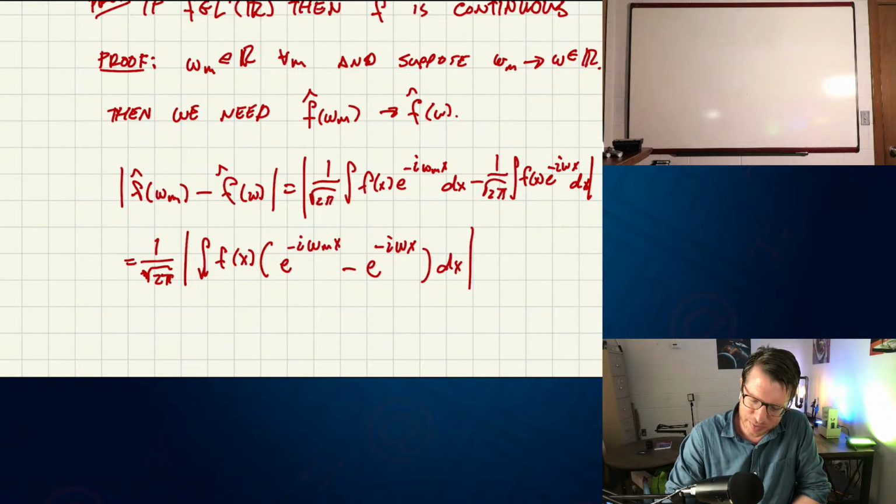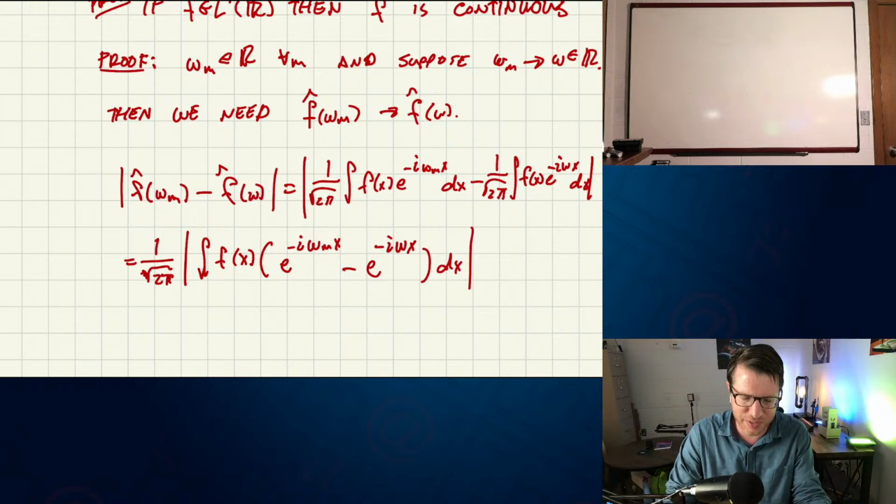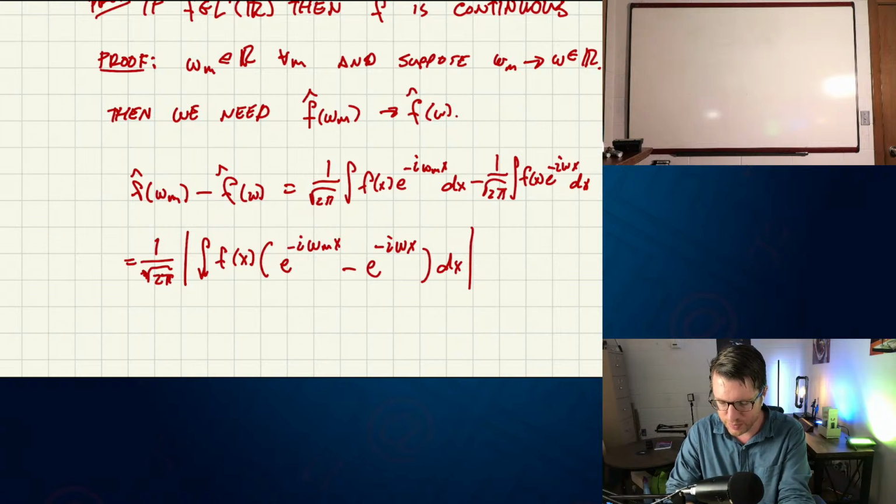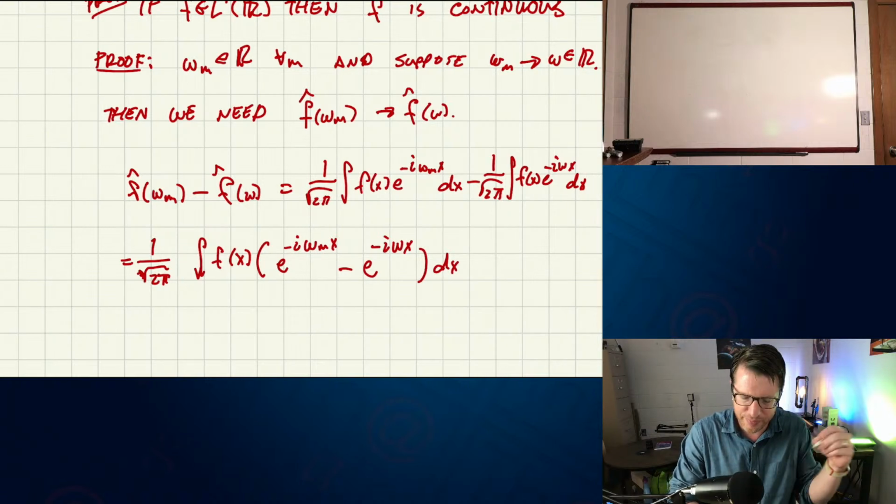Didn't really think this through much before I started. I don't know if I need the absolute values actually for the theorem we're going to end up using. So let's go ahead and clean those up. Okay, so now we can start to see what this sequence of functions is that we actually need to work with.